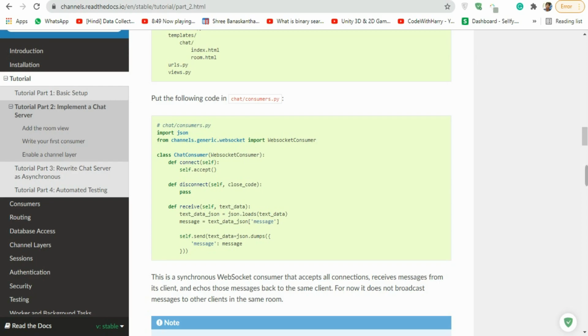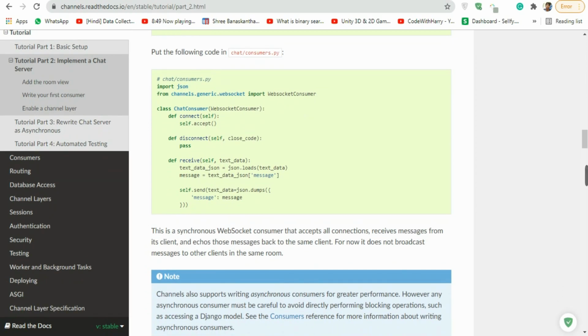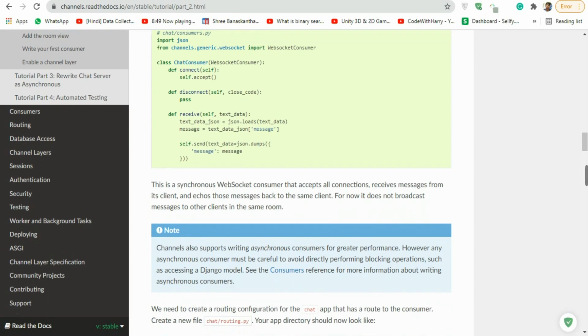In here, we are going to create three main functions: connect, disconnect and receive. We are going to create a class. You can name it anything. I'm going to name it ChatConsumer, and we are going to inherit this class from the WebSocket consumer. In the connect method, we are going to accept all of the connections. It doesn't matter who that is. In the disconnect, we are going to pass for now, and we are going to take the parameter as the close code.